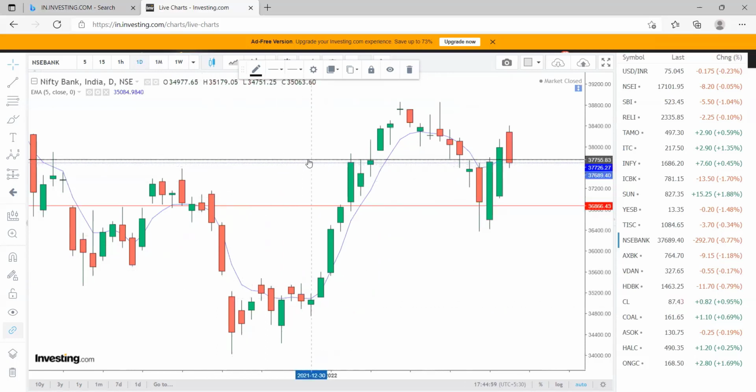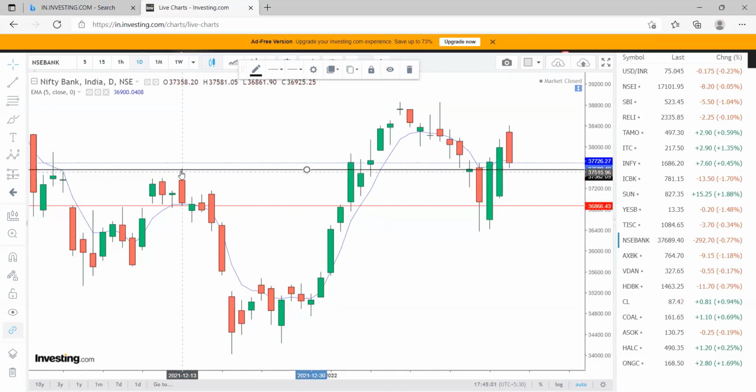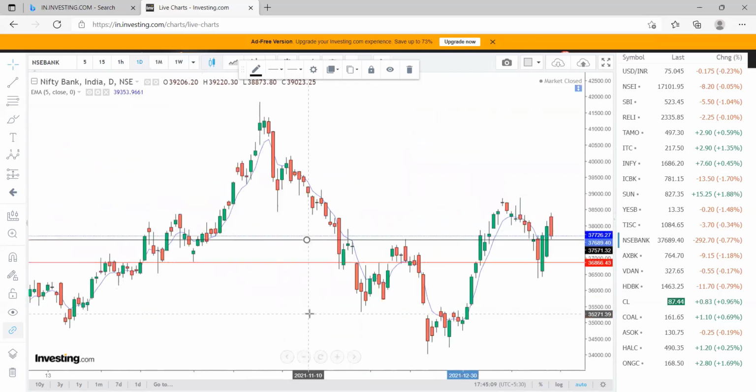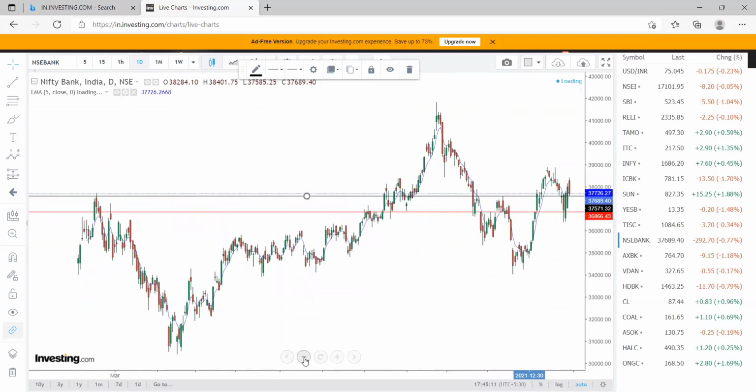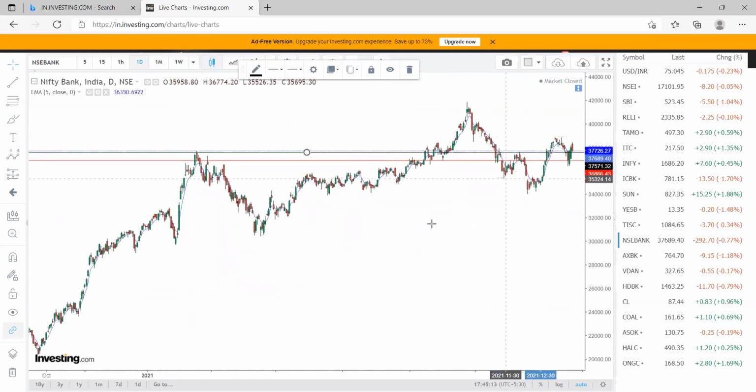so this high which was there, okay, this resistance, has become a support today. Today a support has formed here, and earlier also this was a resistance. If you look here, earlier resistance also was there somewhere around this zone. Okay, so this was a resistance, this was a resistance. So today